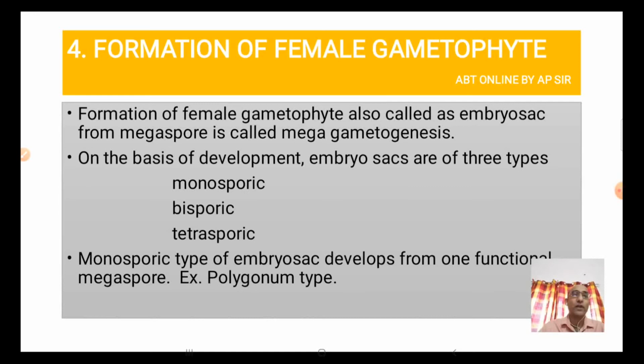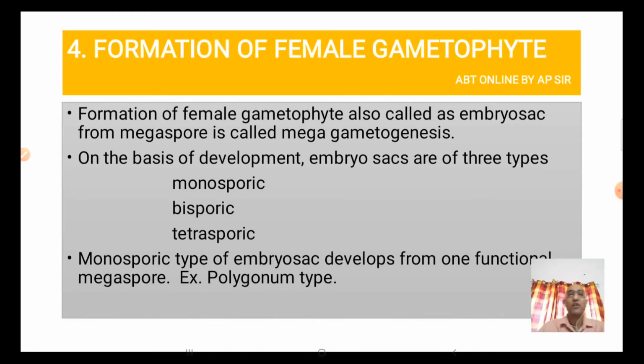Formation of female gametophyte. So we got megaspores. First we studied the structure of the ovule. Then we came to the development of the ovule, how a parenchymatous mound later gives rise to the ovule. Then we studied in detail the process of megaspore formation, otherwise known as megasporogenesis, how 4 megaspores were formed, out of which 3 degenerated and the last one remained functional, isn't it? And that was towards the chalazal end, and that haploid megaspore gives rise to the female gametophyte. Now we will study about it.